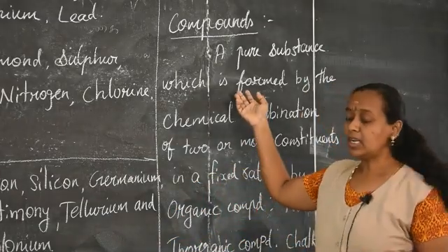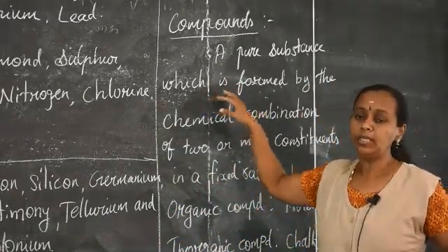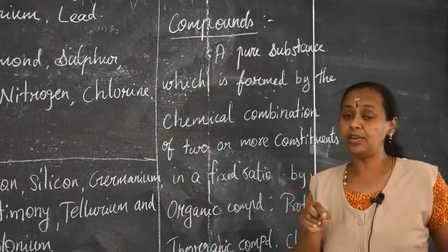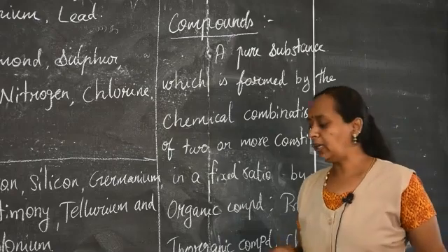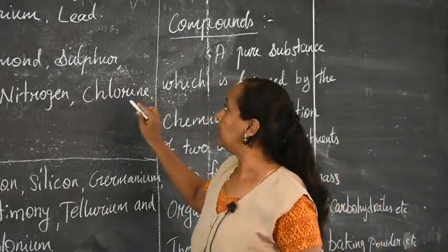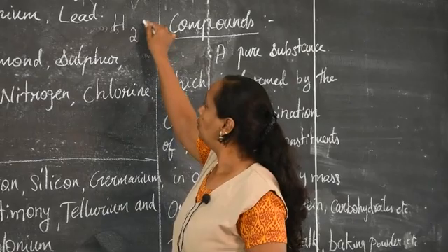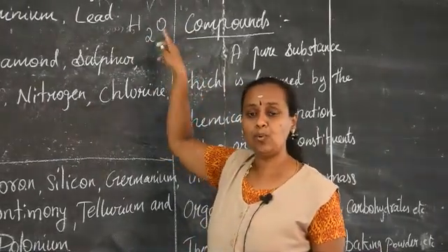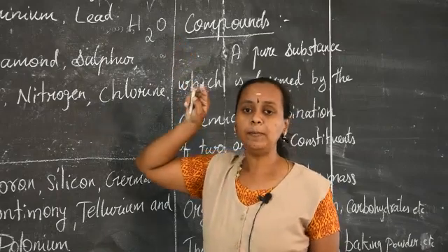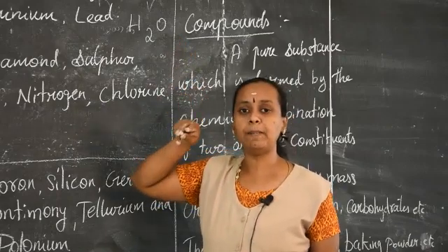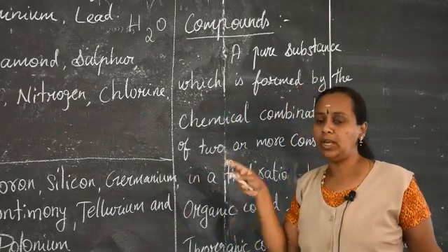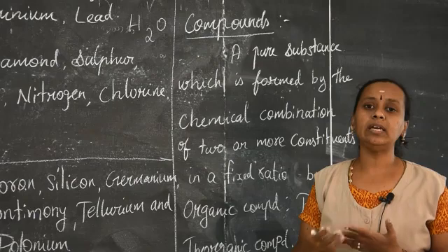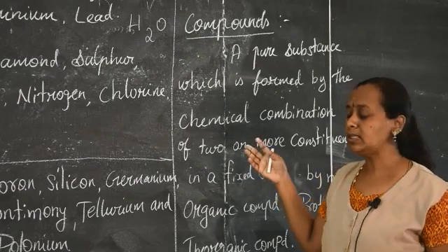So here I said, okay, I will say again, a compound is a pure substance which is formed by 2 or more constituents in a fixed ratio by mass. For example, I will take water, H2O. Here, how many parts of hydrogen are taken? 2 parts, and 1 part of oxygen is taken. So it will be measured as 2:1, and by mass it is 1:8. In such a way it is maintained. Only in such a constant ratio will you get the proper compound, that is called a compound.